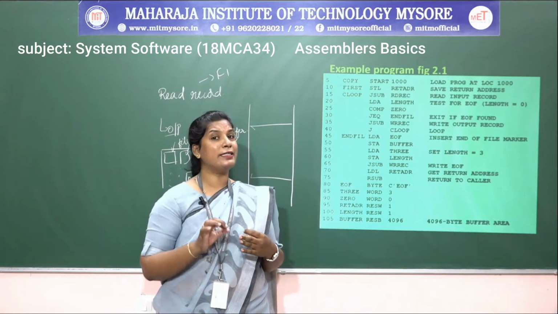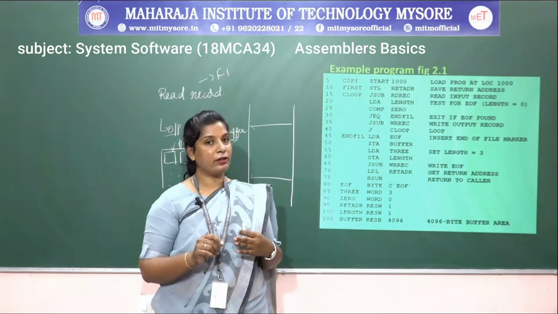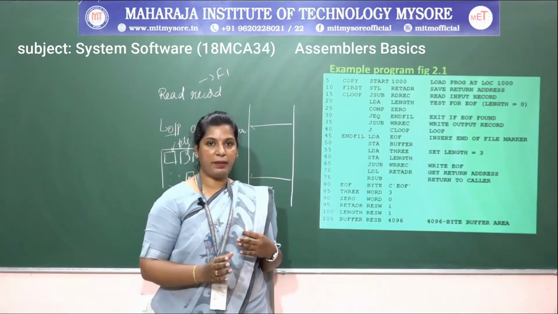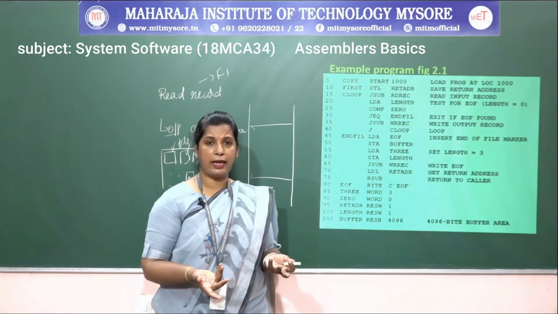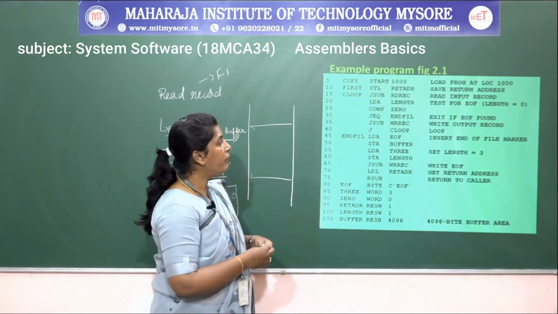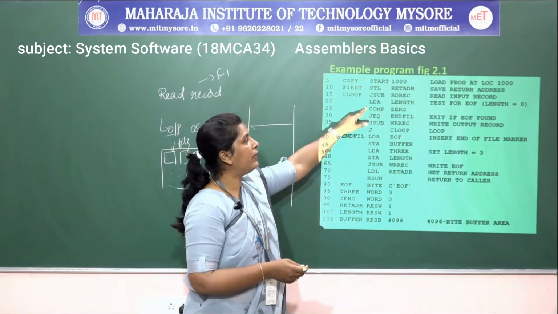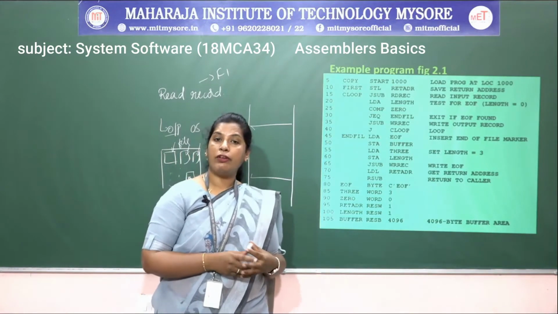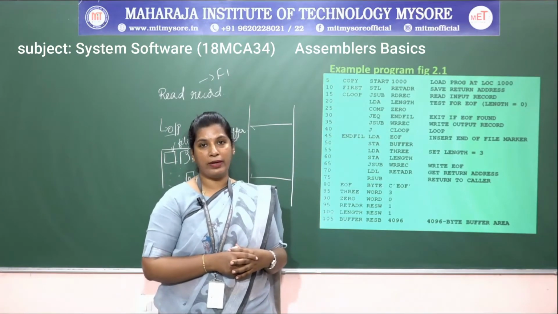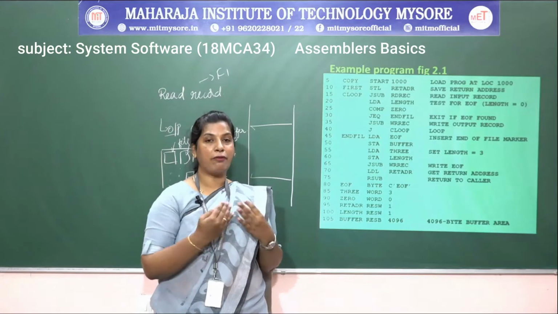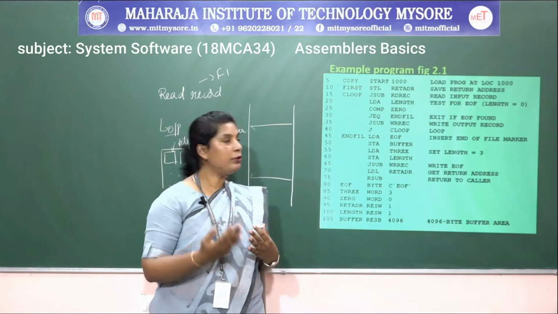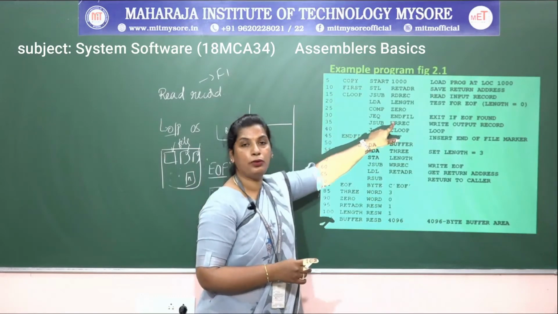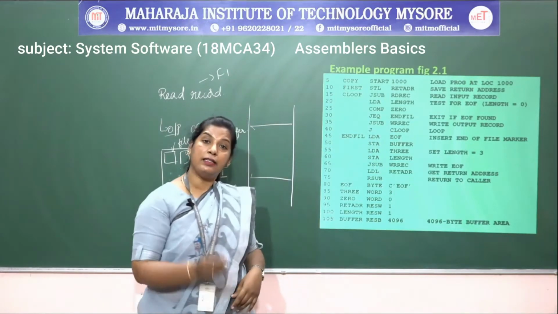If the length of the record is 0, it means there are no more records and no characters to be displayed. So I compare the length of the record with 0. If it is 0, there are no more records. If it is not 0, I want to display the same record onto the output device. For that, I do JSUB to write rec, which is another subroutine.